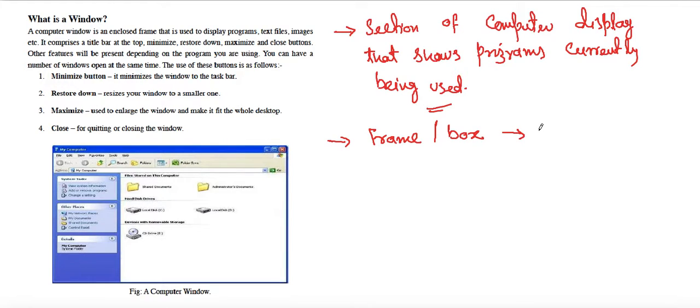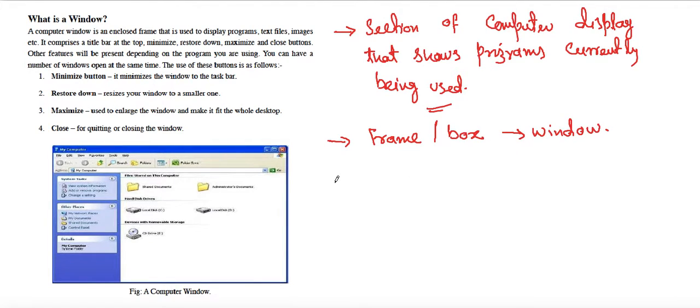For example, you are running a paint program, or writing a word document or a notepad program. That program is displayed inside a rectangular area, and that rectangular box or frame is called a window.